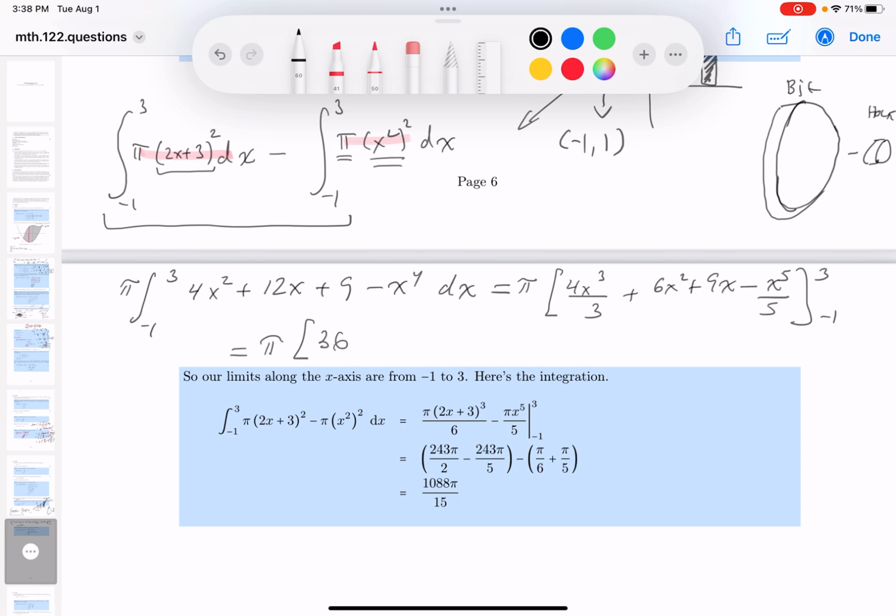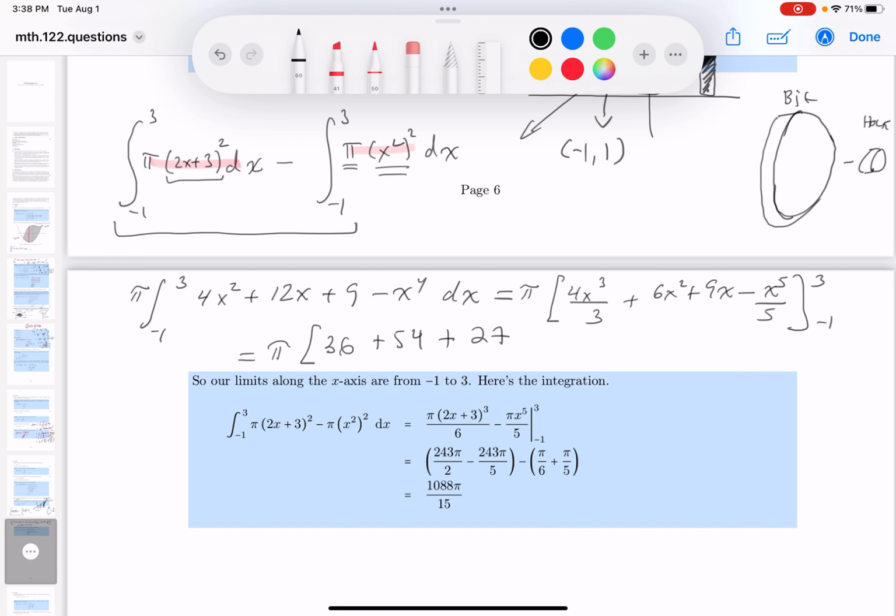Again, 3 squared is 9, 6 times 9 is 54. Plus 9 times 3 is 27. What do you got now? This is going to get tough. We get 3 to the 5th power, all right? 3 times 3 is 9, times 3 is 27, times 3 is 81. I'm at the 4th power now. 3 times 81, 243